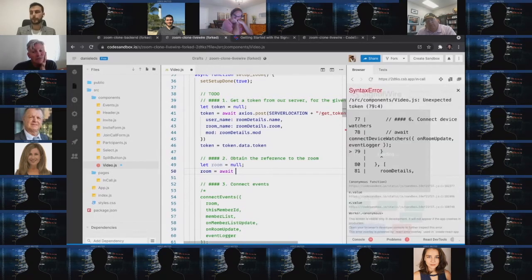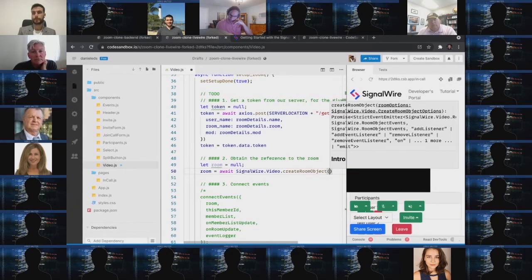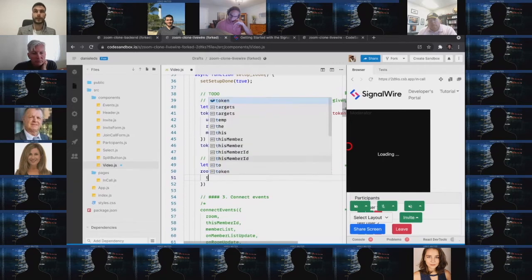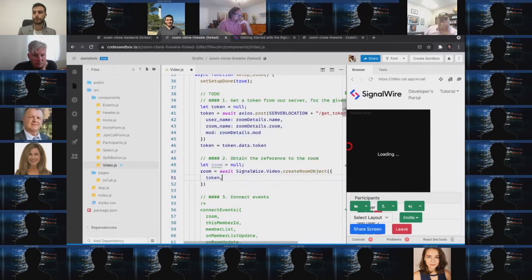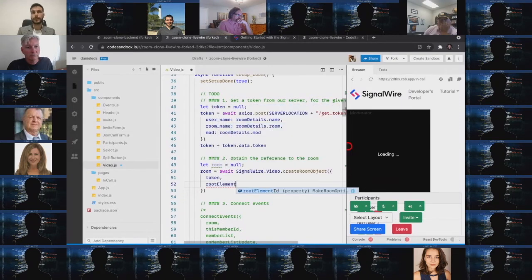we await the asynchronous request, SignalWire dot video dot create room objects. This is the method that you call to obtain a reference to a room. And what we pass to this method is the token that we obtained above, plus the ID of an element in the DOM, which will show the video. So this is like this, root element ID,